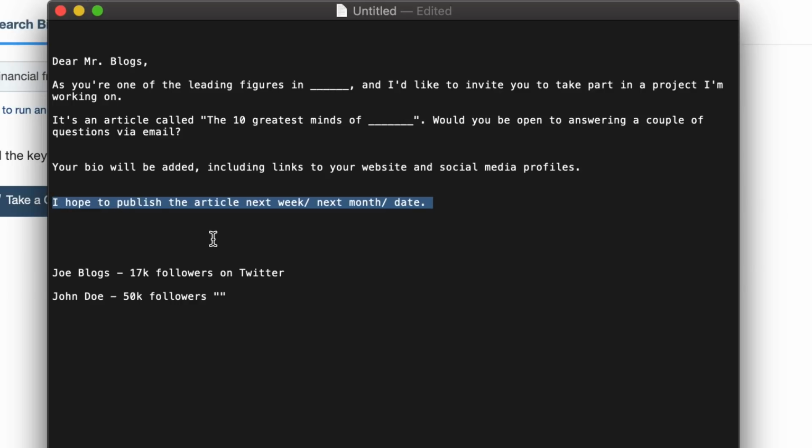Say sure, and then it's too late. So here we need to put a little bit of urgency in there, so they know that if they want to be a part of this, they need to respond. And then we say,